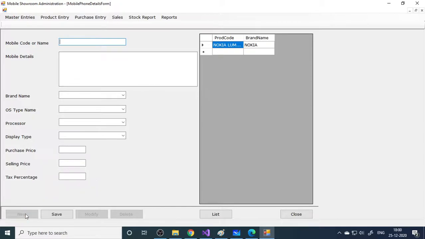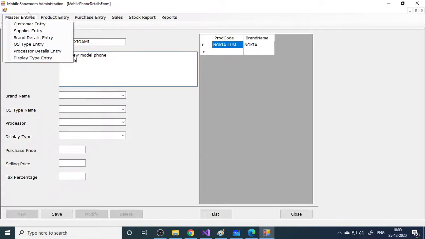Here it is important. You need to write about the particular mobile details here. So if I take the MI10T, this is from Xiaomi. You need to write more about this particular mobile phone. It is a new model phone with 5G.